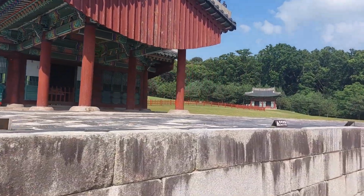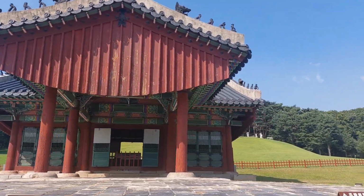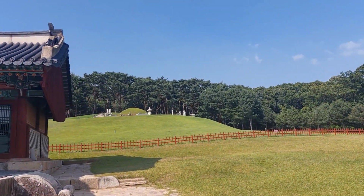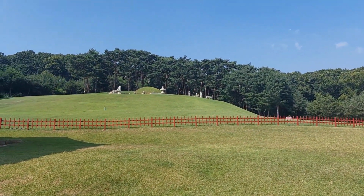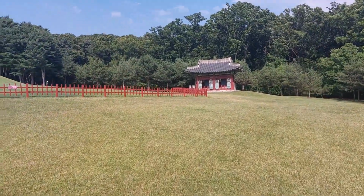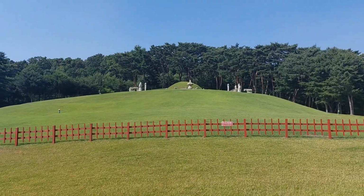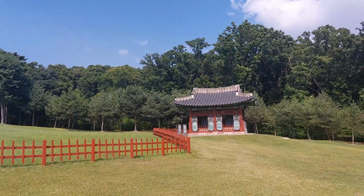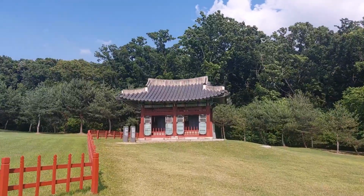There's even if you're looking at tombs from Shilla dynasty, which is way before Joseon, there is quite a similar format for these mound tombs, although Shilla tombs are much larger than this even. They're really exceptionally huge. I know it sounds funny to have a giant mountain like this as one person's grave, and it's very, very large, but these are still small compared to the other tombs that there are in Korea. So we're just going here to the ceremonial plaque,